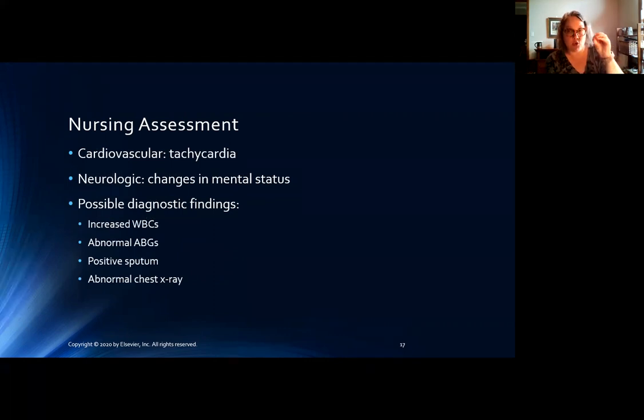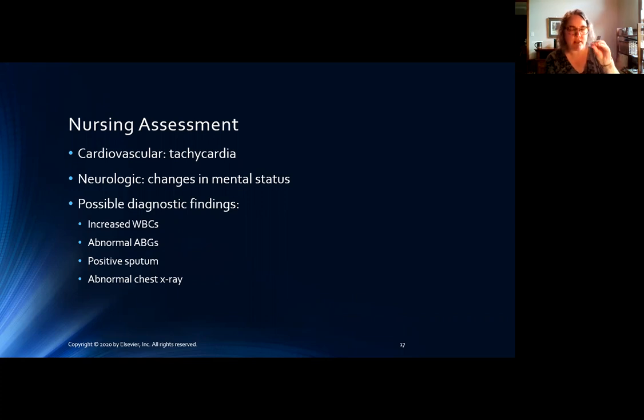More often than not, in your older adult, you will have a change in mental status with an infection before you will have tachycardia and any sort of changes in vital signs. Let me say this again. You will have LOC changes in your older adults when they have infections before you will have vital signs changes. And it has to do with the oxygen exchange. So whenever you have somebody who has a change in mental status, but everything else kind of looks normal,